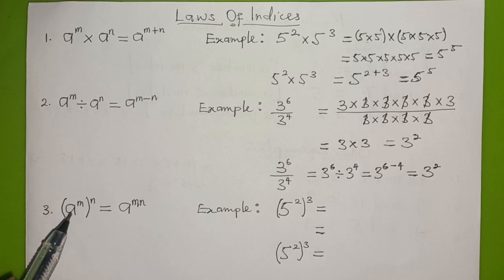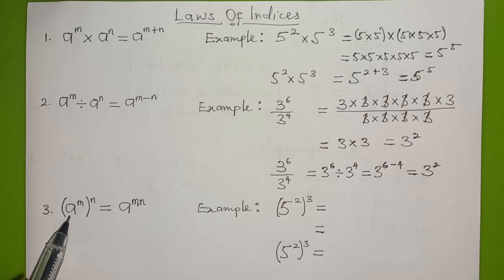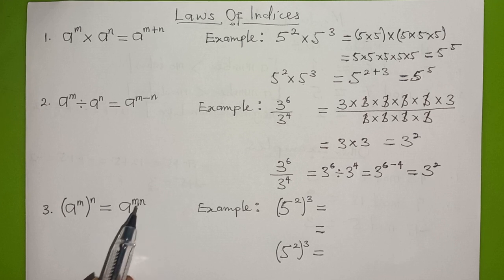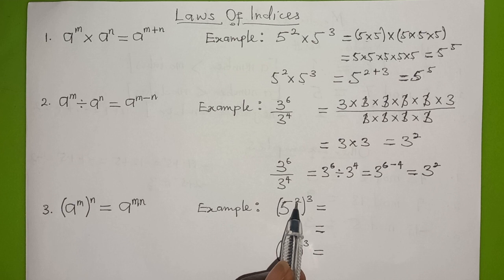Okay. So the final law is saying that anytime you have a raised to the power m multiplying another power, then what it means is that the powers are just multiplying each other. All that I need to do is to remove the brackets. It means that m and n are actually multiplying each other. So that is how we are going to look at it. Now, before that, let us apply the basic idea that we have back at school. So let's do that. Now, 5 raised to the power 2